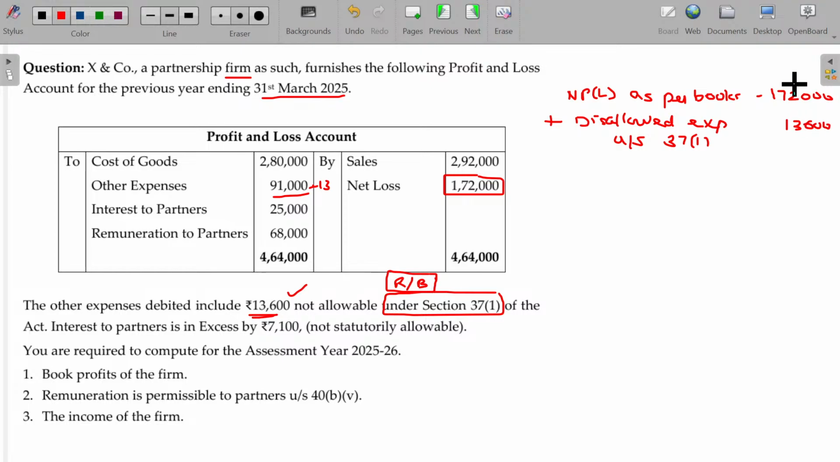I keep that net profit and loss as negative, and this is a positive number. So, from the negative you have to add this one. Interest to partners in excess of 7,100 is not statutorily allowable. Maybe it is in excess of 12%, so that will be removed. If you remove it, profit will increase. So, it's an addable item: disallowed